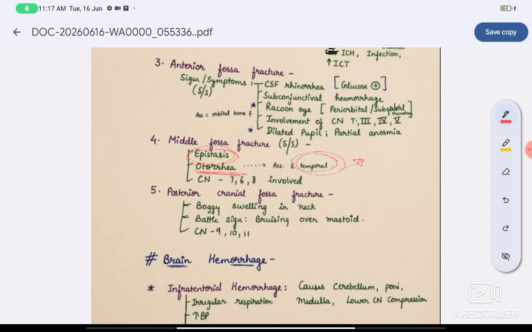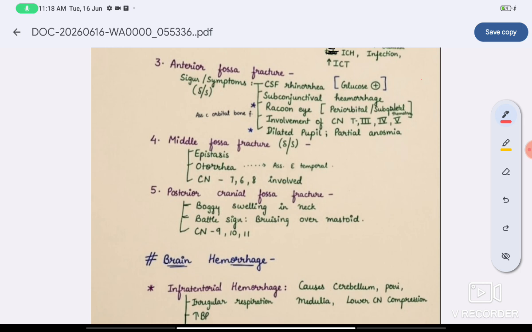Middle cranial fossa contains two foramina, namely foramen spinosum and foramen ovale. Apart from that, it also contains the internal acoustic meatus. So again, the ear nerve, that is the vestibulocochlear nerve, is involved in this case. Then cranial nerve 7 or the facial nerve is involved. Moving further,